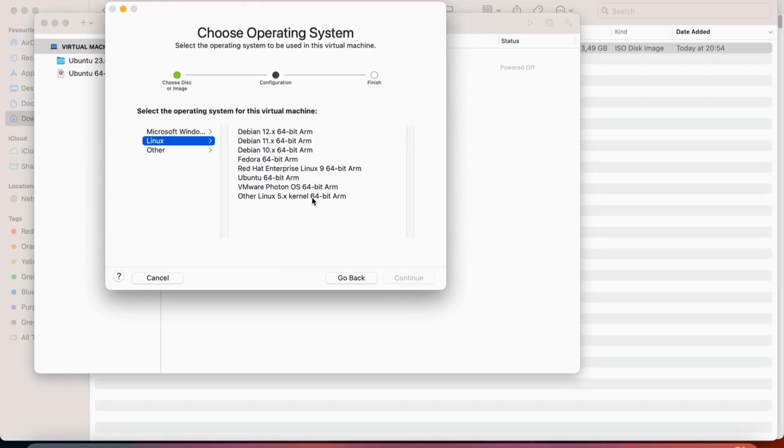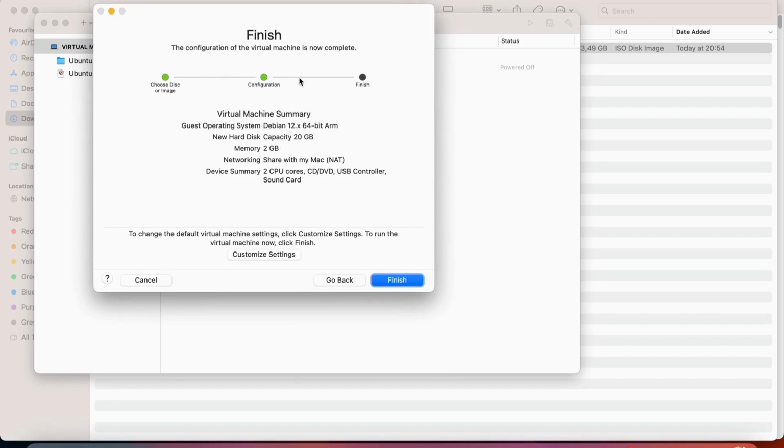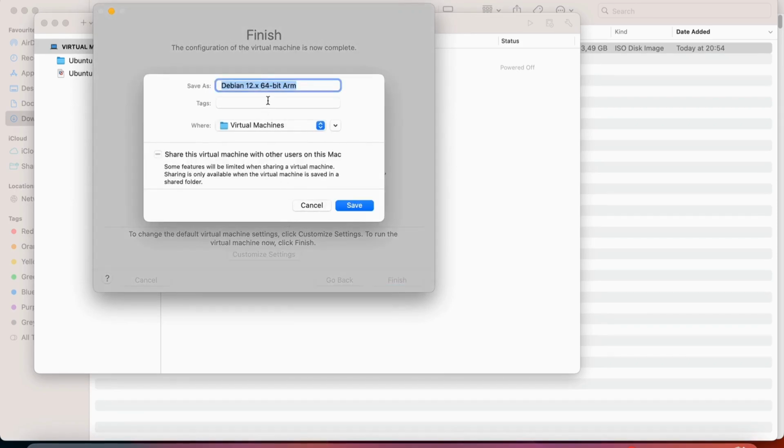Continue. Then here, because it's Debian based, you will not find Kali Linux in this particular version of VMware Fusion. So I'll look for the latest Debian version, that is 12.x. Here we will check the configuration, which is default. Disk capacity is 20 GB, memory 2 GB, and 2 CPU cores. We can customize it. Let's say I'll give the name Kali for this particular Kali Linux